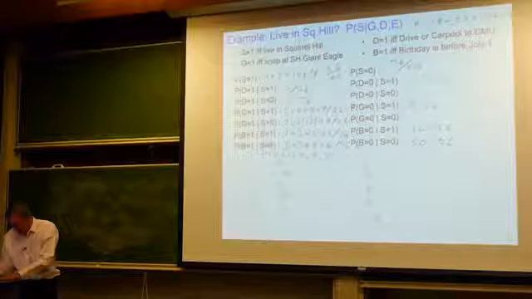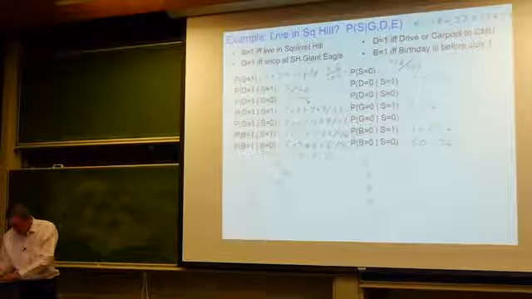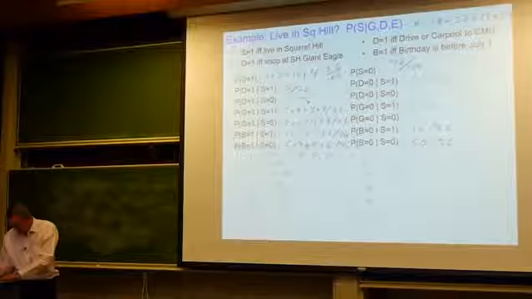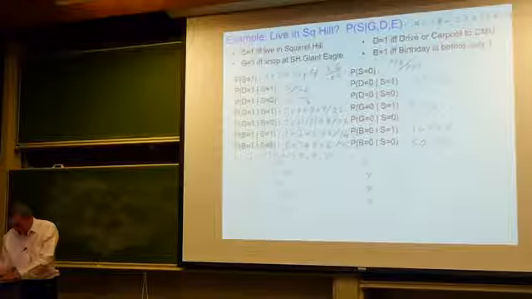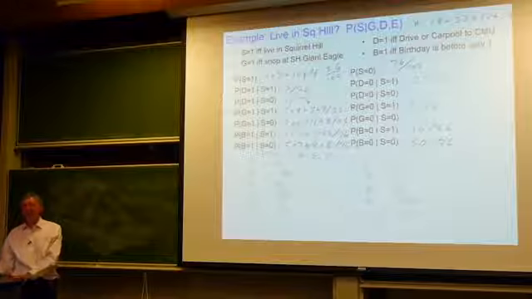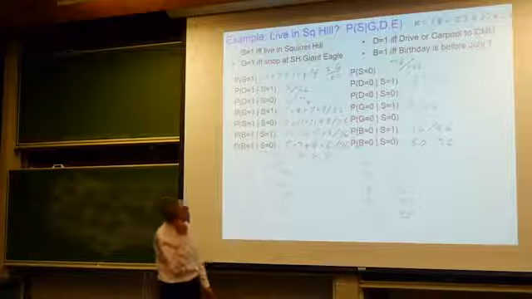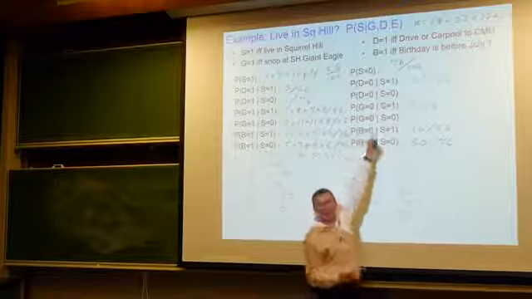For number 7, it's 0.37. For number 8, it's 0. For number 9, it's 0.37, and for number 10, it's 0. So there are 5 people in this class who live in Squirrel Hill and do not shop at Giant Eagle,